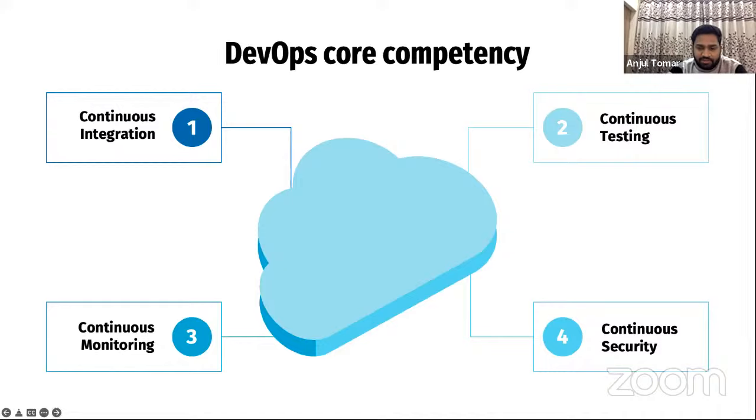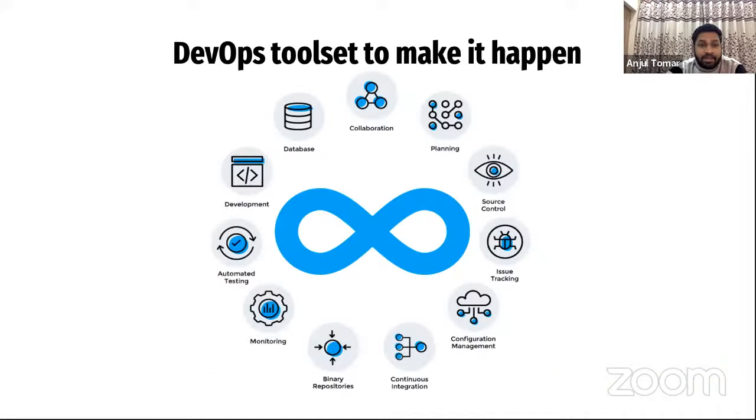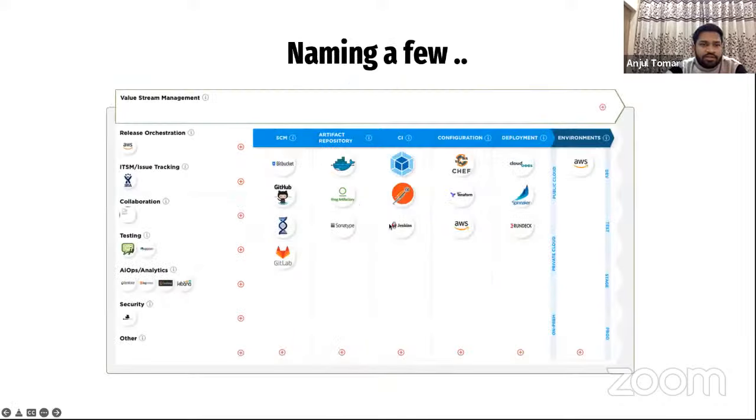Let me just move further. I think we are short of time, I'll speed up a bit. So let's see what tool set would make it happen. If you can see here, we always have a DevOps toolchain which enables DevOps in the organization. Let's say SCM, right? Whatever SCM you use doesn't matter. Whatever artifact repository you use, it's also fine, right? The main thing is to follow the other DevOps principles, which keep this tool integration in place and help you.